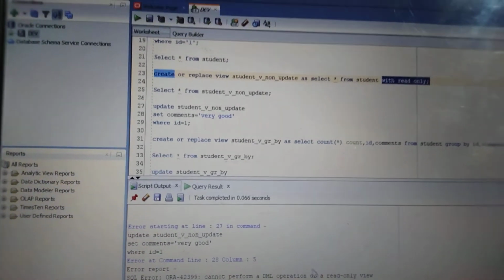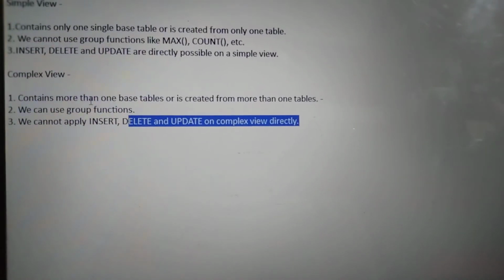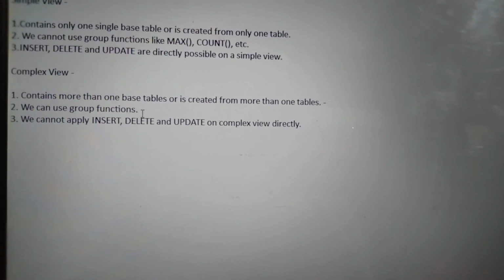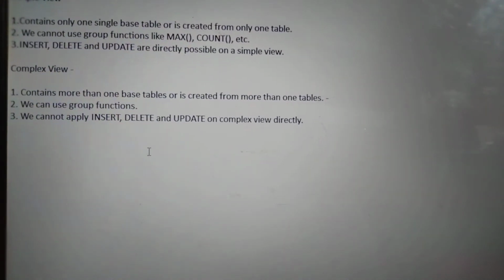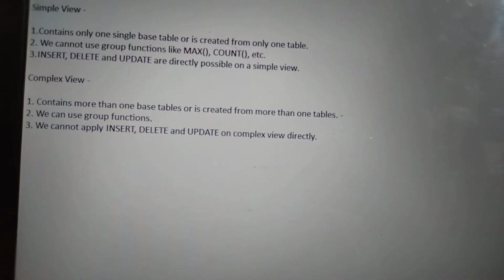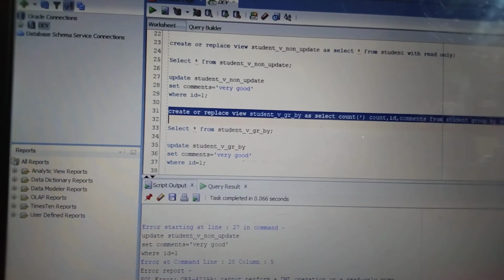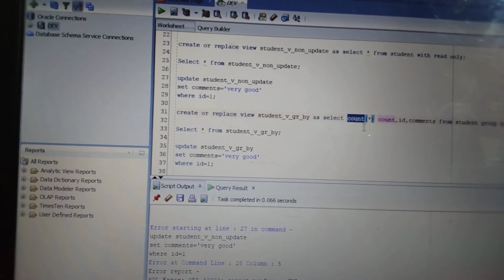Now let's see what complex views are. When the view contains more than one base table, and also when we have group by functions, these are called complex views. Now we have one more view, but here the view SQL statement contains group by, and we have an aggregate function called count.